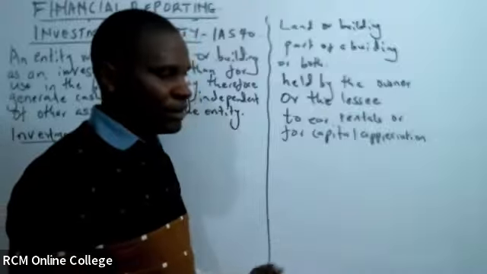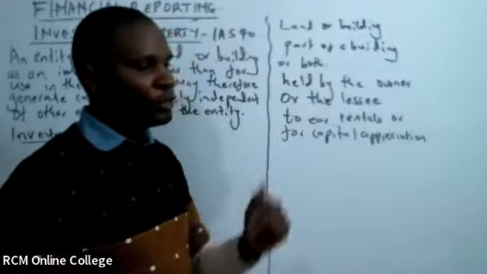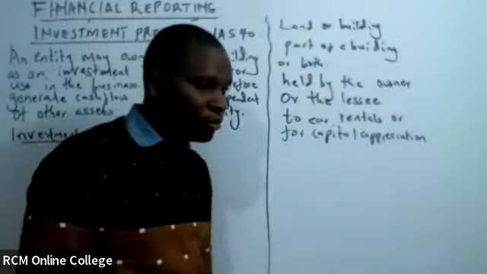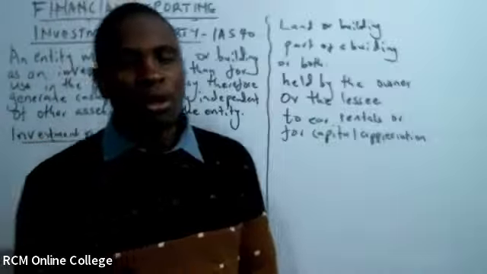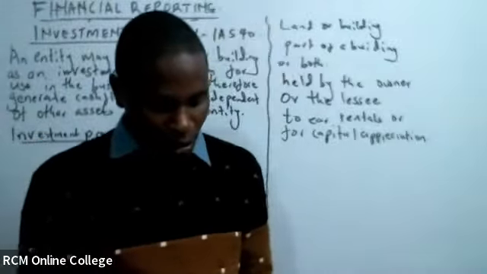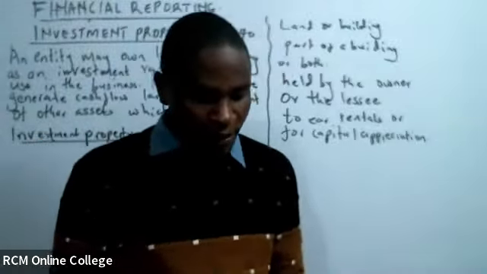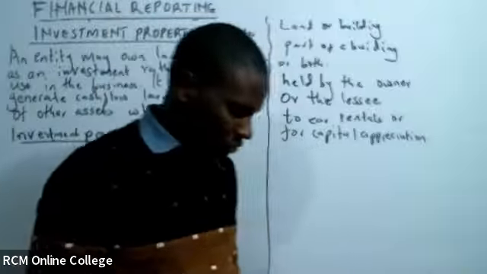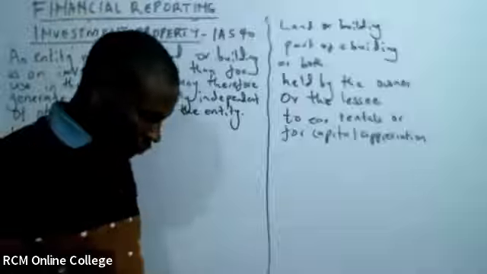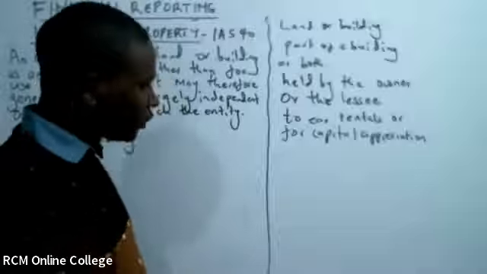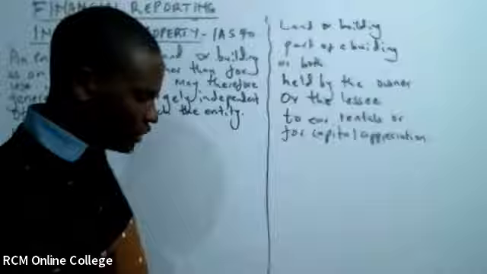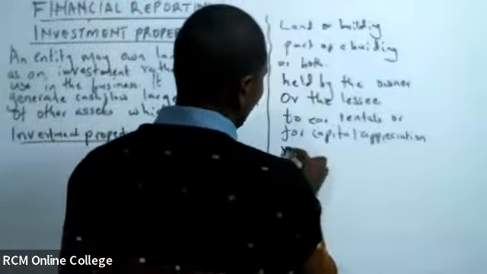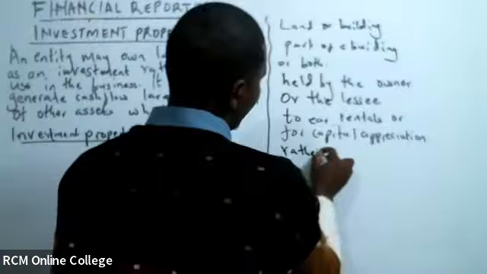We can also wait for the property to appreciate or improve in value, and we shall be able to get some return from the property. So for capital appreciation, rather than